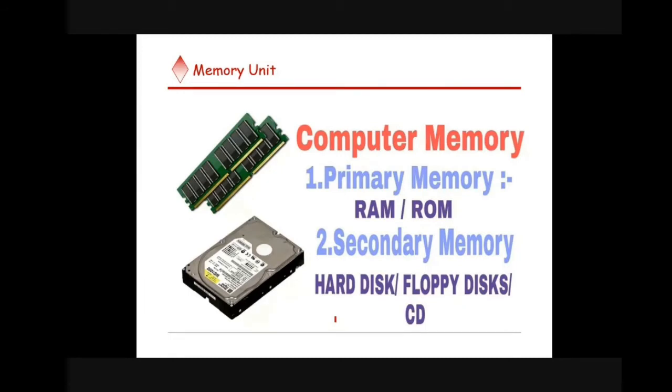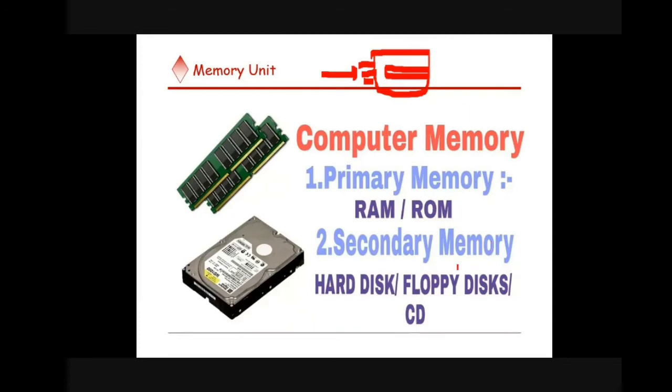Random access memory means the memory unit will have a large number of addresses, and in each address it stores data. In random access memory, it is not sequentially accessing the addresses one by one. From any point you can randomly take the data. That is random access memory. And ROM is just a read-only memory, so the data you can't edit or update. You can just read the value present inside it.